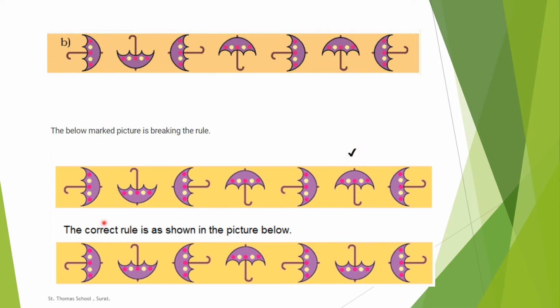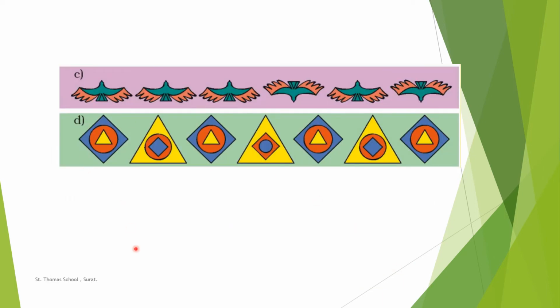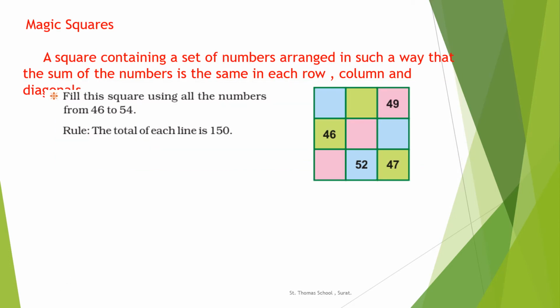Clear? And you have to show the right one, that is the correct rule. So what is the correct rule? After showing your right hand side, it should be going downwards. Like this it should be your correct picture. Clear with this, everyone? Now you can see this is the homework I am giving to you. Find out the picture that is breaking the rule and correct the pictures.